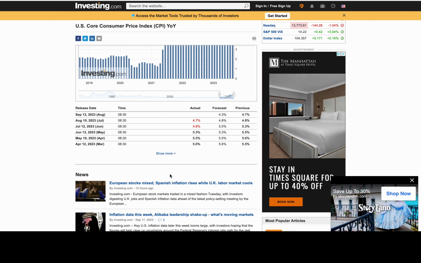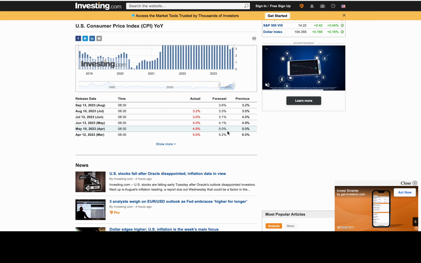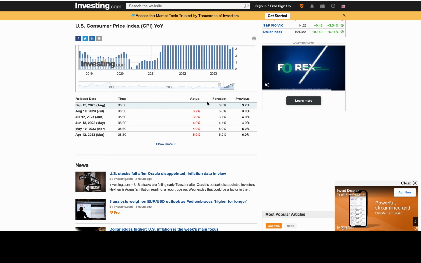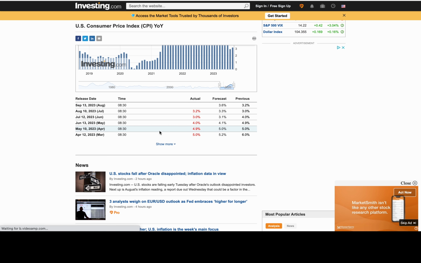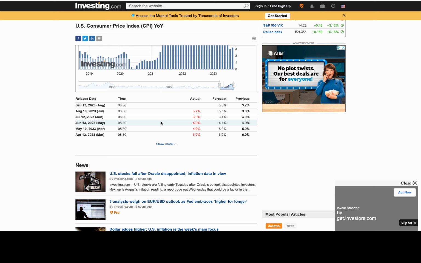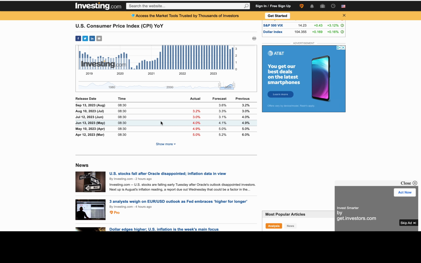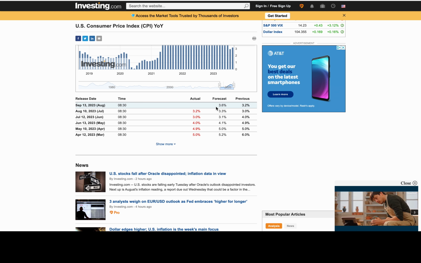But one thing I will say is that core CPI affects us more than regular CPI. But for some reason, CPI is the headline. That's the one everyone pays most attention to. Headline CPI is what a lot of people refer to. So with that being said, we'll pay more attention to the headline because that's what the majority are going to pay attention to. And we need to pay attention to what the majority is paying attention to because this is likely what's going to invoke some reaction from the price, okay?